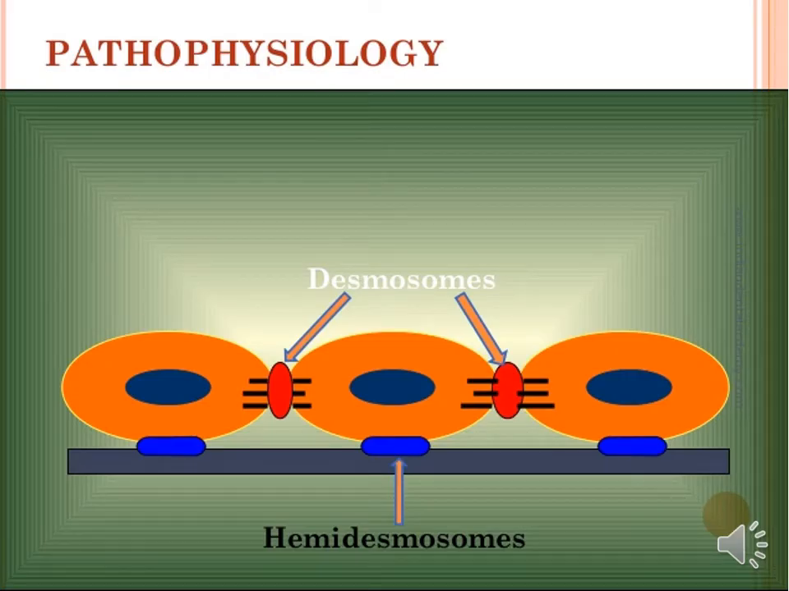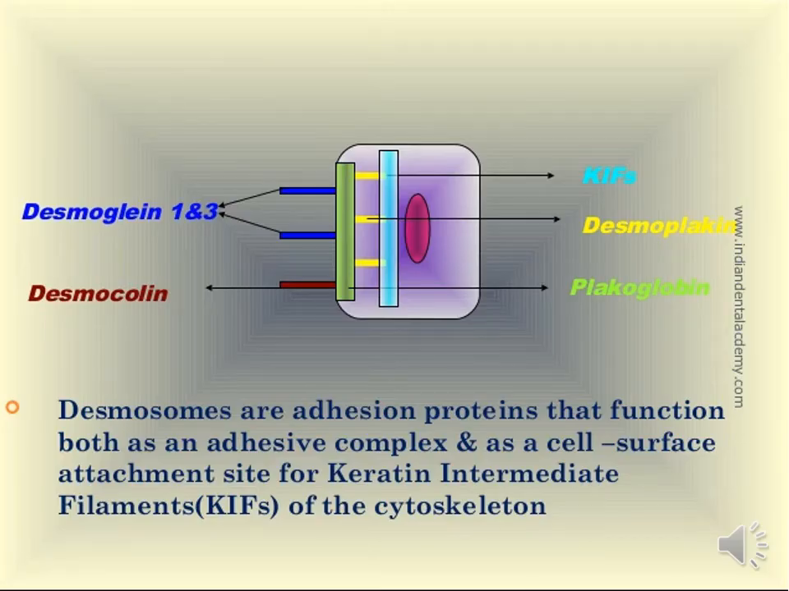The pathophysiology of pemphigus vulgaris. احنا عندنا الهيميديسموزومز اللي تربط epithelial cells with other structures, the basal membrane, and desmosomes اللي يربط between two epithelial cells. The desmoglein 1 and 3 connect the epithelial cell to the adherent